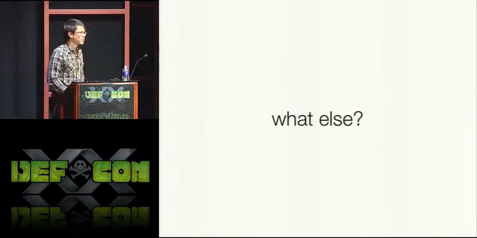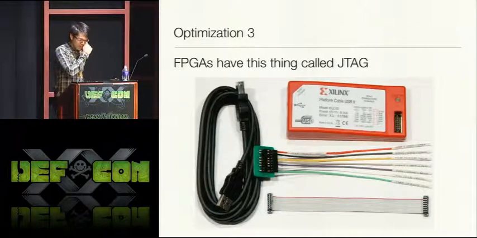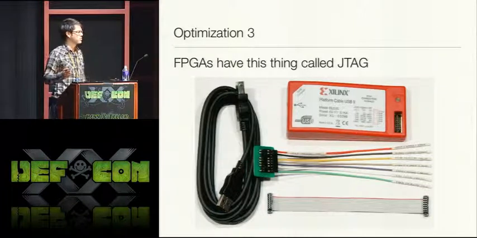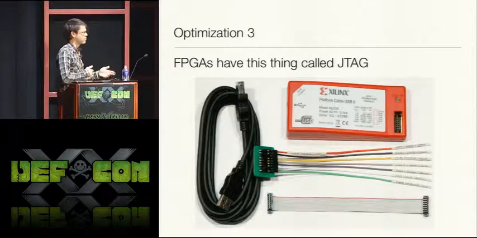And so we're thinking, what else? And this is kind of a pipe dream that we've been thinking about for a while, which we haven't implemented yet. But we're planning on releasing a framework sometime in the near future for it. So FPGAs have this thing called JTAG, which if you've done any sort of hardware hacking, you're probably familiar with, where it's a debug interface that most chips have. And on an FPGA, this is an interface you can use for programming it. They also have all sorts of things built in for doing on-chip debugging, where you can essentially put a logic analyzer inside the chip and then tap lines and things like that.